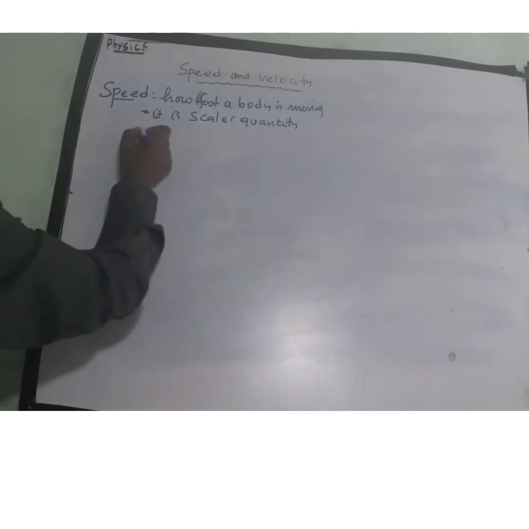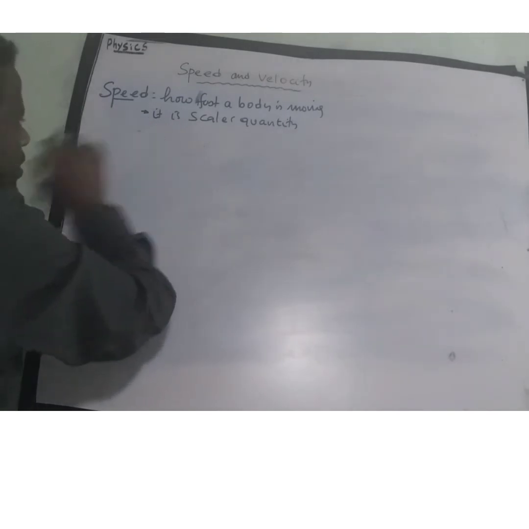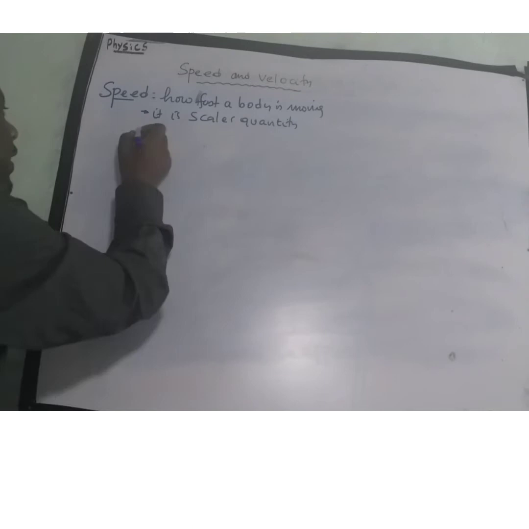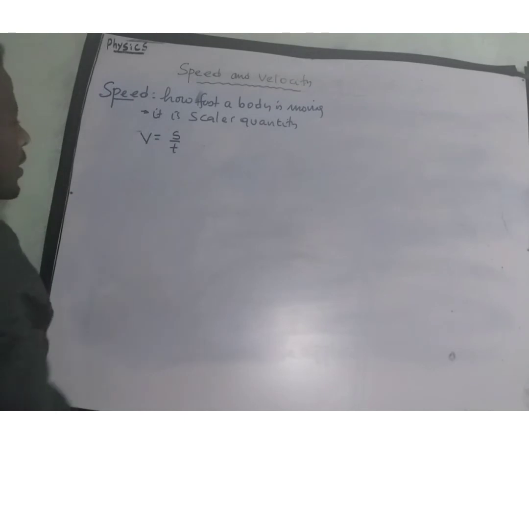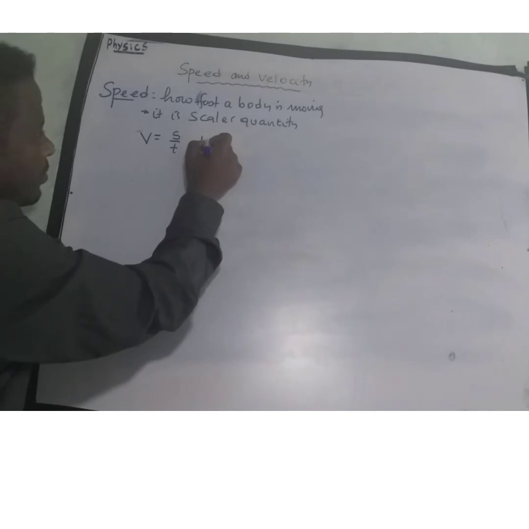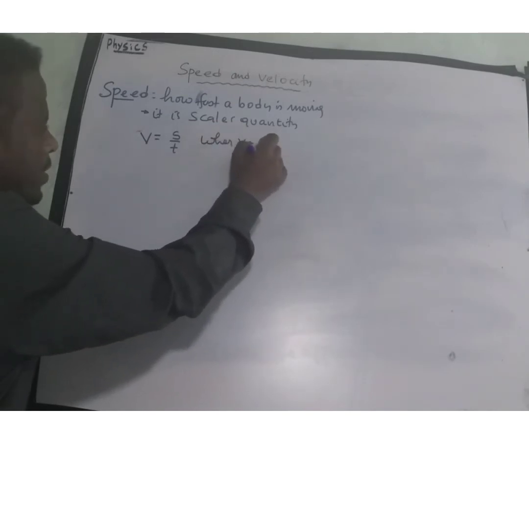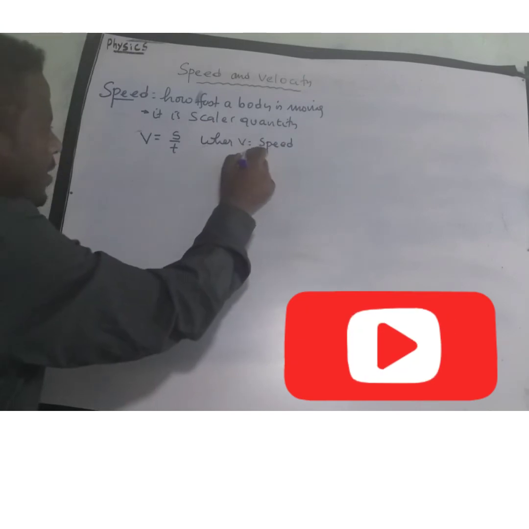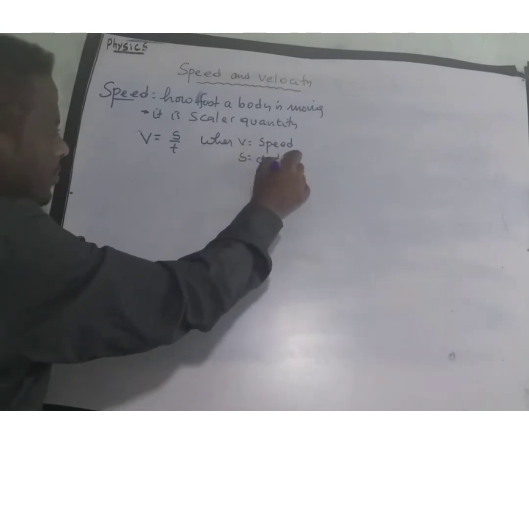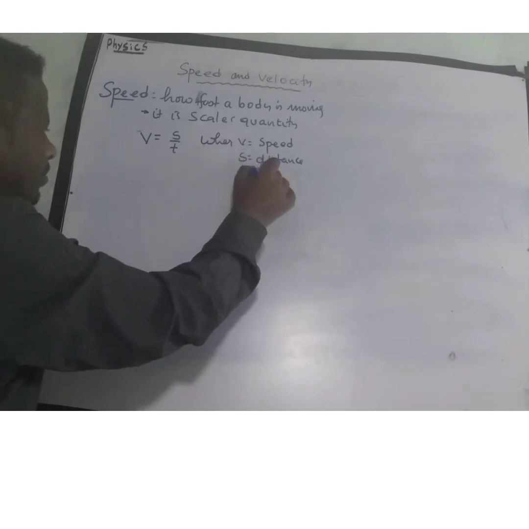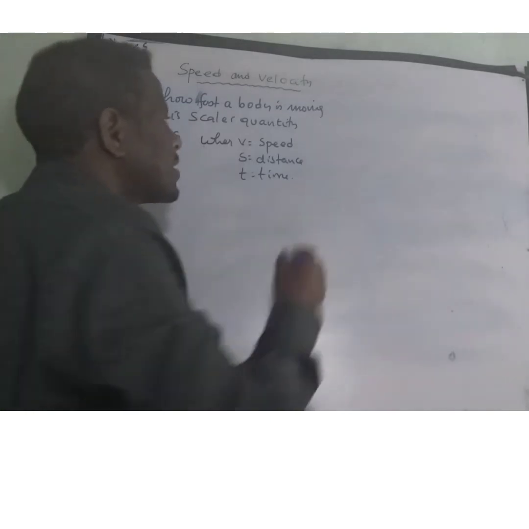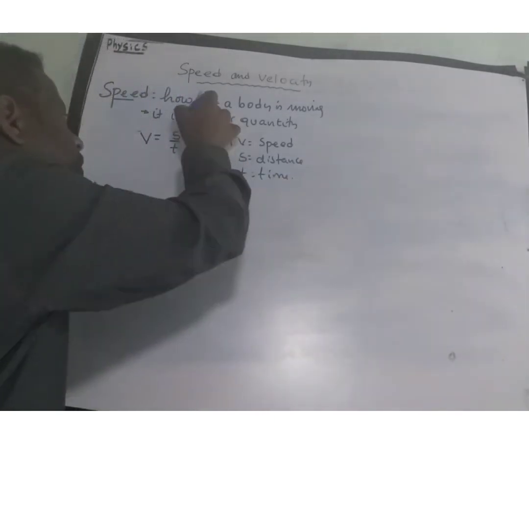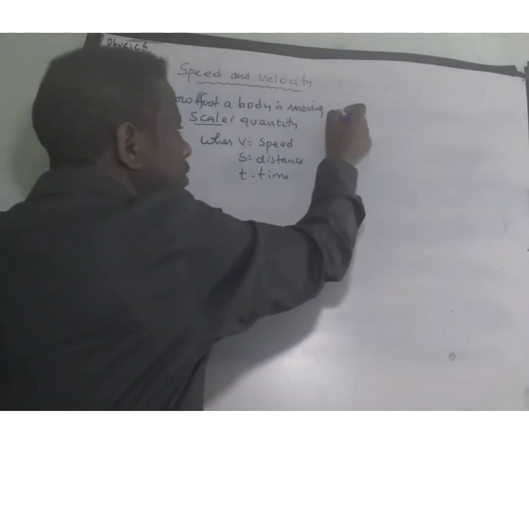Speed is the ratio of distance to time, and symbolically, speed v is equal to distance s over time t, where v is the speed, s is distance, and t is time. The speed is a scalar quantity, and the SI unit of